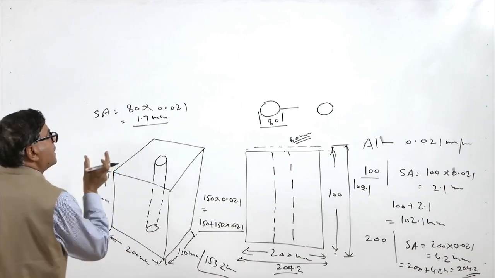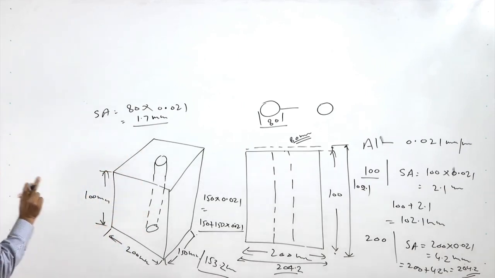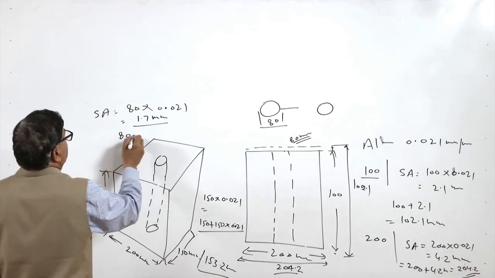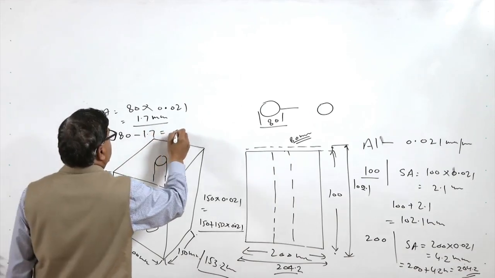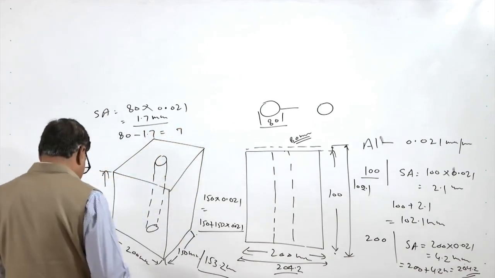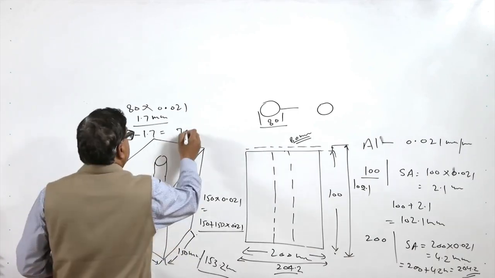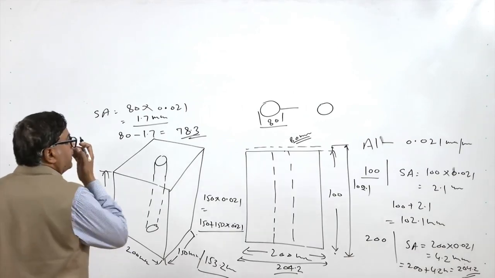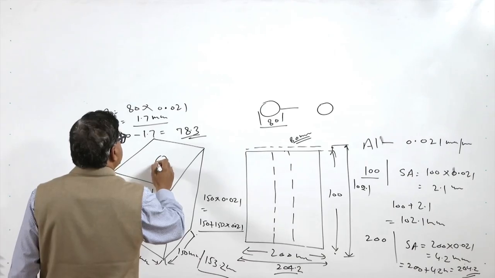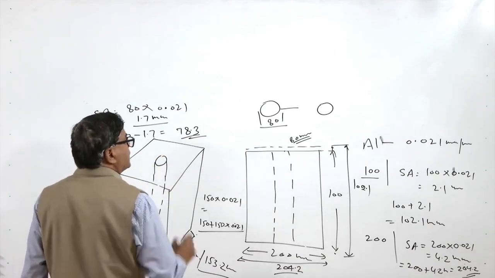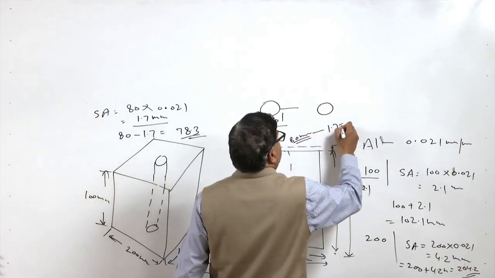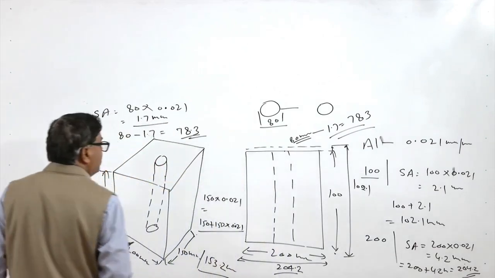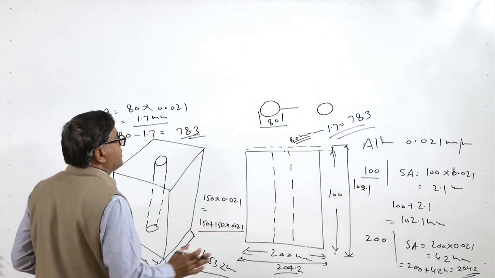So, we need to actually make the pattern smaller in diameter. Why? After adding the shrinkage allowance, 80 minus 1.7 will give us 78.3. So basically the pattern which is to be made, after adding the shrinkage allowance, will have a dimension of 78.3. So this is added negatively for the internal dimensions,